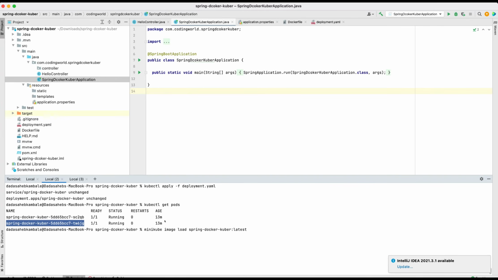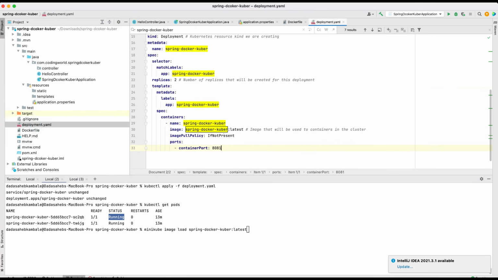Sometimes you might see that you are not able to pull the image and your pods fail with a status like ImagePullBackOff or image error. In that case, the Docker image you mentioned in your deployment YML, Spring Boot Docker latest, you need to first load into Minikube.